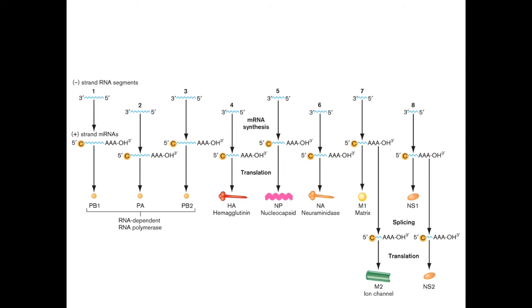But one of the things that I put this up for is that you'll see that for each one of these genome segments, there is typically one protein produced. So either of the 3 proteins involved in viral replicase, PB1, PA, PB2, the hemagglutinin, the nucleocapsid protein, the neuraminidase. But there are actually 10 proteins that are produced by an influenza A virus, despite the fact that it has